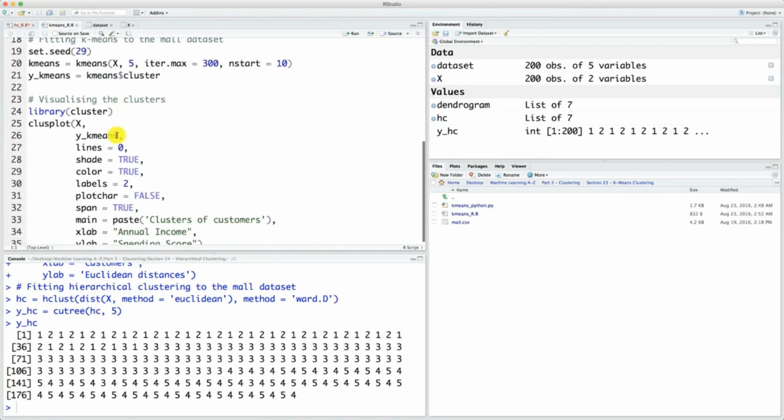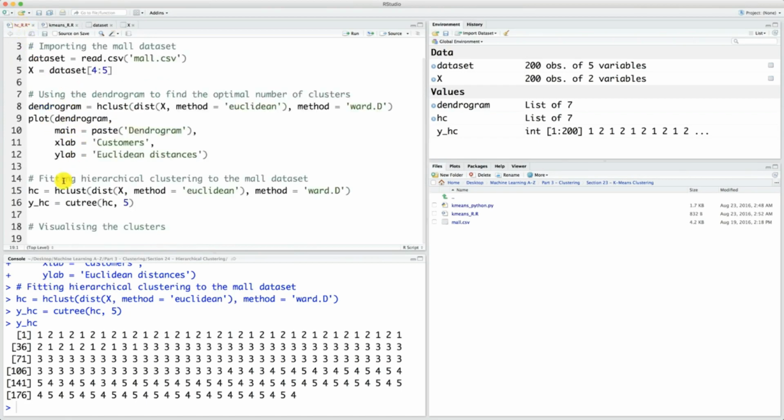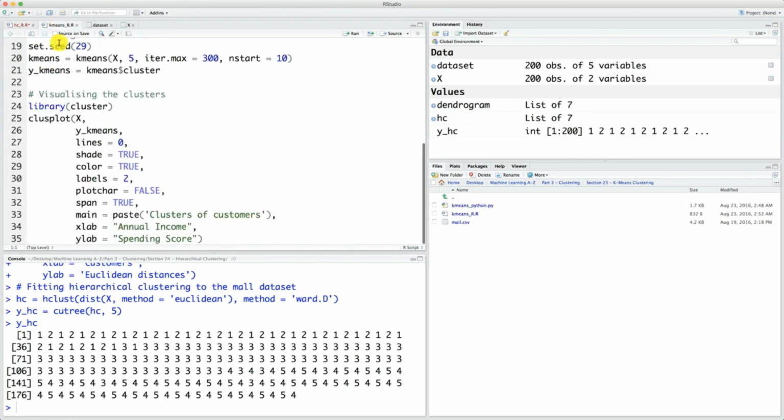And now, if we look at the last step, visualizing the clusters in the k-means algorithm, we can see that the only thing in our code that is related to k-means is the ykmeans vector here. And we have the same vector of clusters in our hierarchical clustering code, it's yhc, so basically the only thing that we have to do to plot our clusters in hierarchical clustering is to take our clusplot function here with the same parameters,